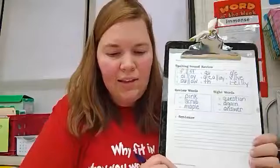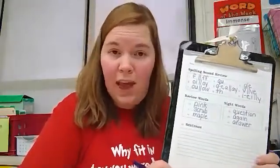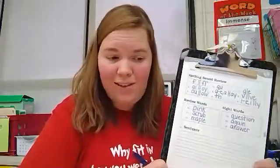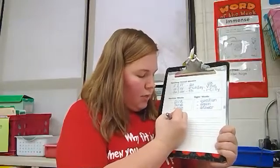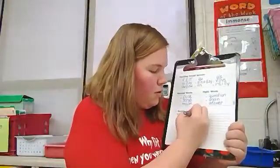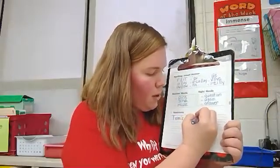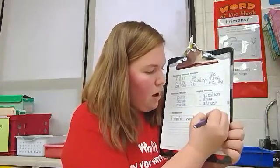Our sentence today is, Tom's work paid off and he did not fail the test. Again, Tom's work paid off and he did not fail the test. So we're going to start with a capital letter. Tom's, and since it is his work, we are going to use apostrophe S. So Tom's, leave a finger space, work, paid is P-A-I-D,